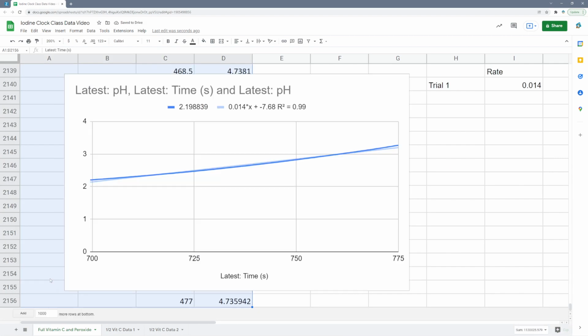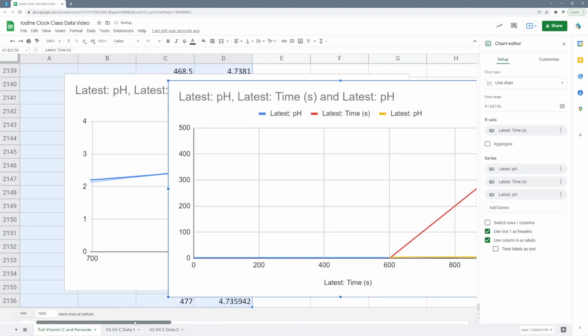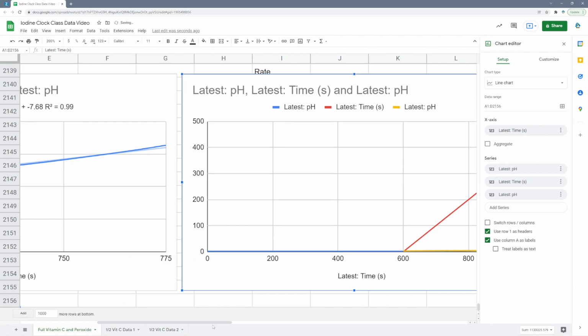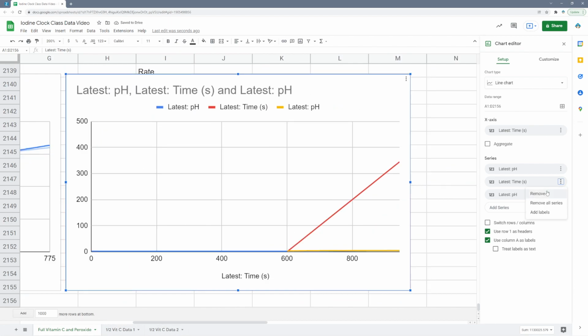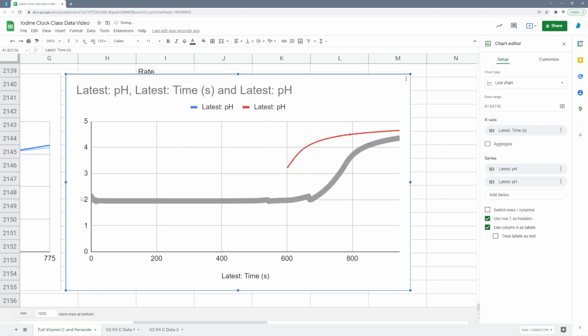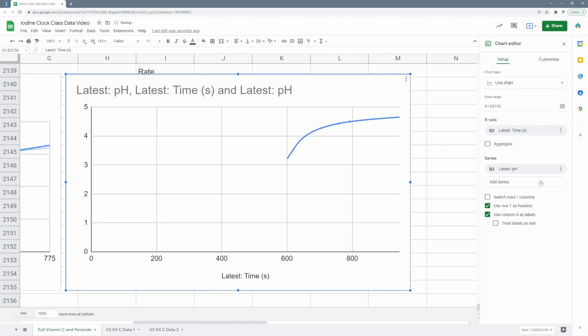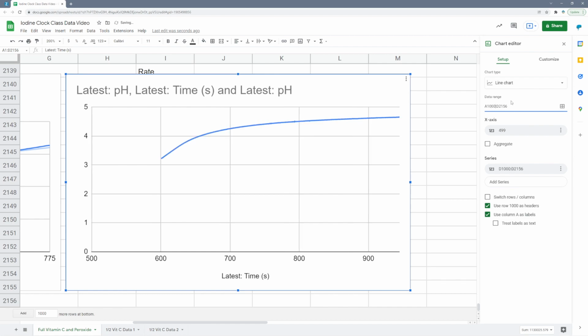Again, I'm going to select all this data. I'm going to insert a chart. It's going to look like that. So I've got to fix it up. Remove that. The time, and then I believe the first set of data. Yeah, the first set of data was the other one. So we have this. Okay, so we gotta chop off some of the data. Okay, so I think it would be best approximated by maybe around this point, so maybe 600 to 650. So I'm going to go to the other end of the data range and I'm going to start lopping off